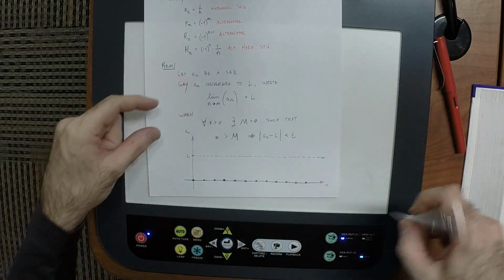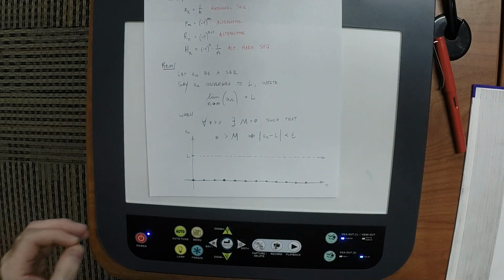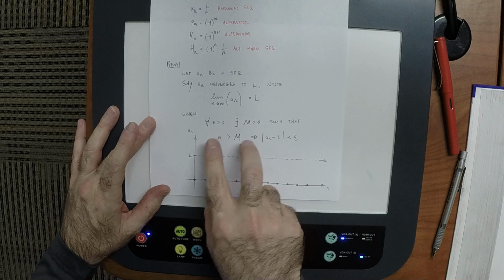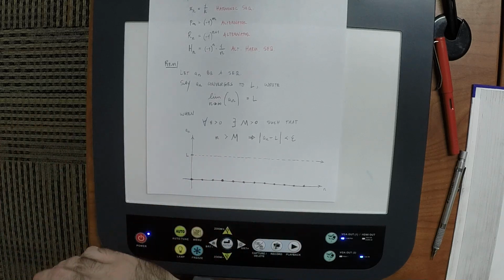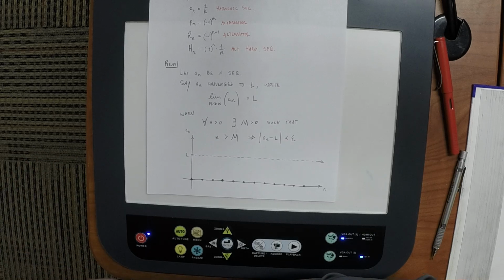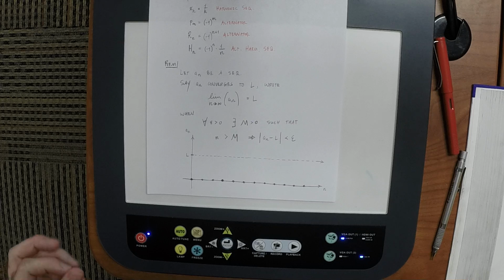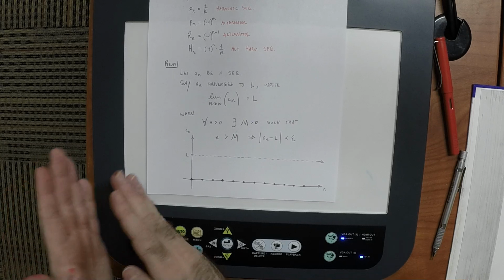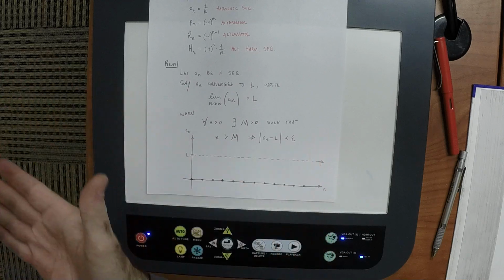The convergence definition is called an adversarial definition because you can imagine that there are two parties involved. I'm making the claim. I'm saying, hey, this sequence converges to L, and then you challenge me and say, well, if it converges to L, does it get within a meter of L? And then I can say, yeah, it will, but this is how far out you have to go before you're always within a meter.